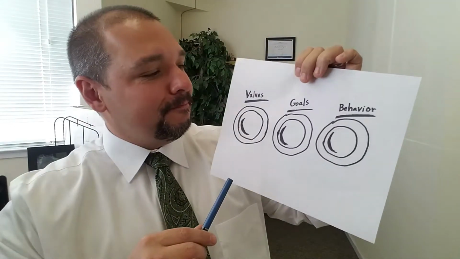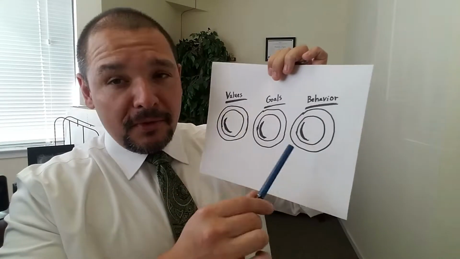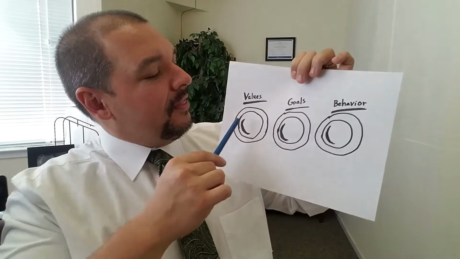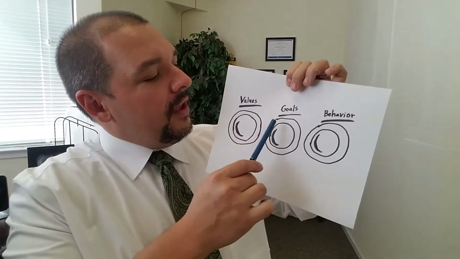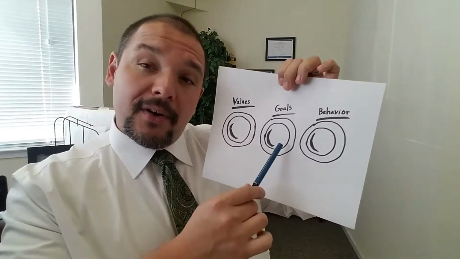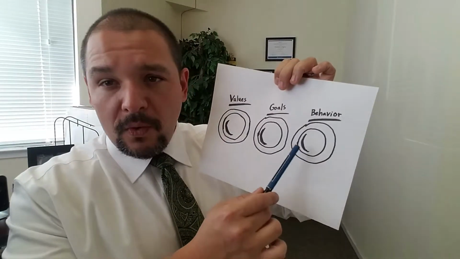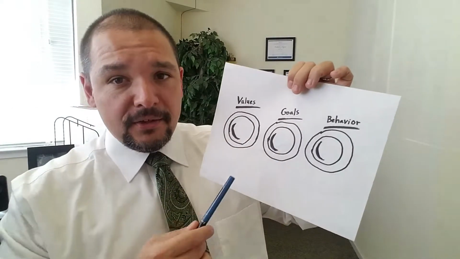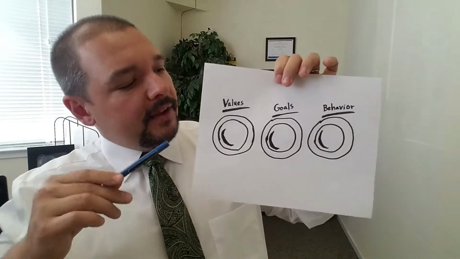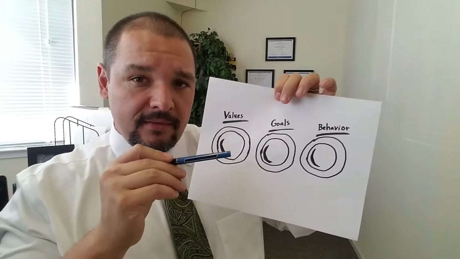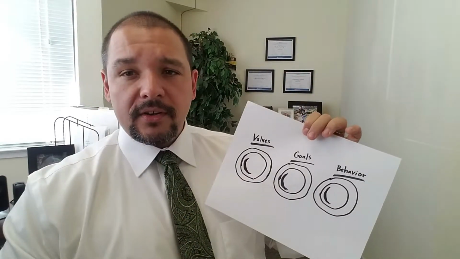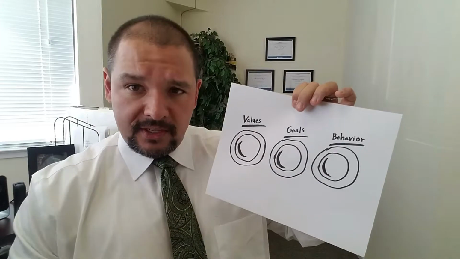Okay, now let's talk about why we need values-based planning. And to help explain this, I've developed this graphic here. These are lenses, and there's three of them, all in a row, in alignment. This is the values lens. Here's where we put our core values, which is what I talked about a second ago. Here's our goals, which we develop as part of the planning process, and here's our behaviors, what we actually do after we have our goals and values figured out. So the idea here is that if all three of these lenses are in alignment, we are making choices and taking action based on what is most important to us, based on our core values. This is the foundational lens here.